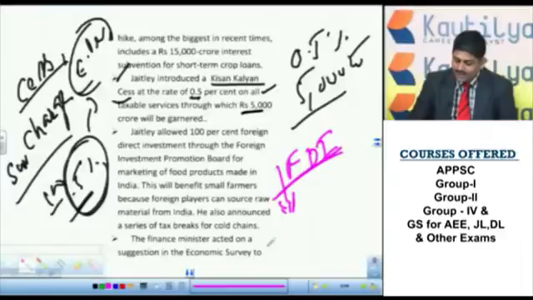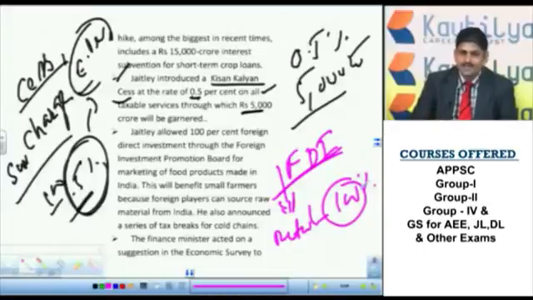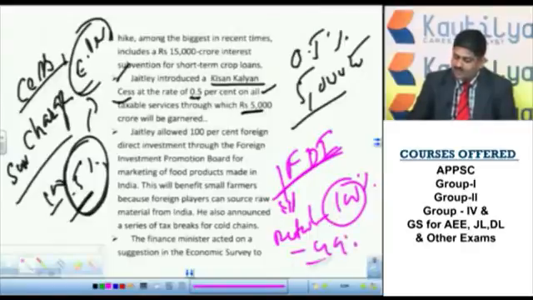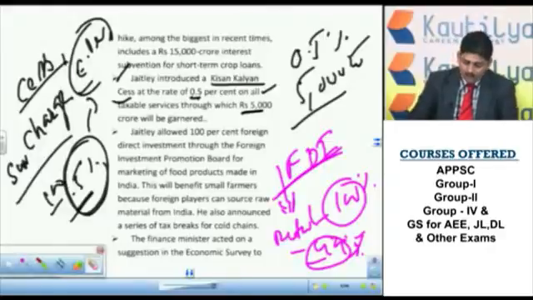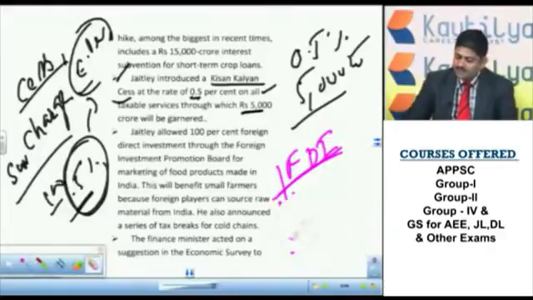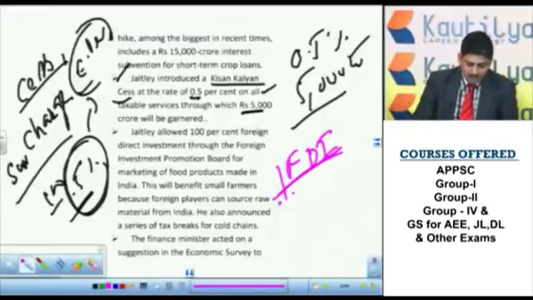For example, if you take the single-brand retail sector, any company can invest in India 100%. That means they can own their own company. But if you see the insurance sector, it is only 49%. That means foreign companies are allowed to invest only 49 rupees out of 100 rupees. That means the leadership role will be with the Indian company only. So the government specifies these percentages through its policies.